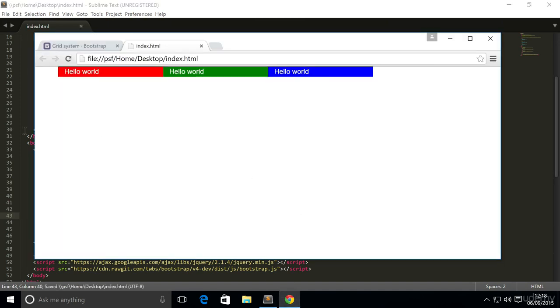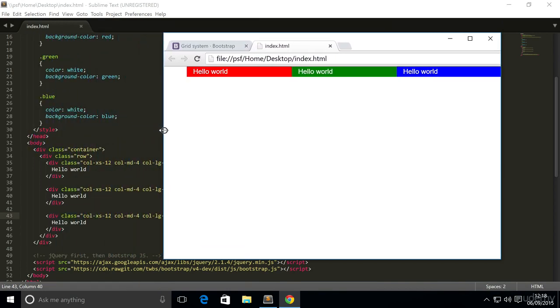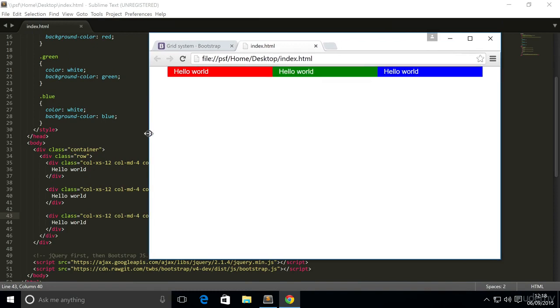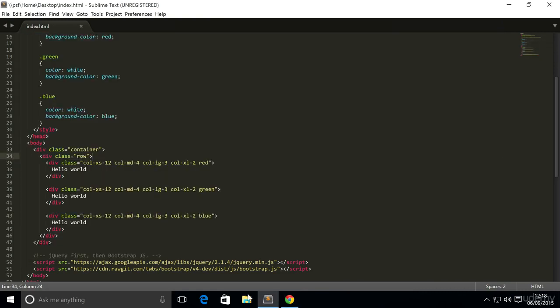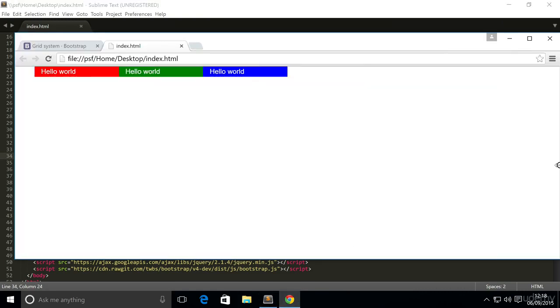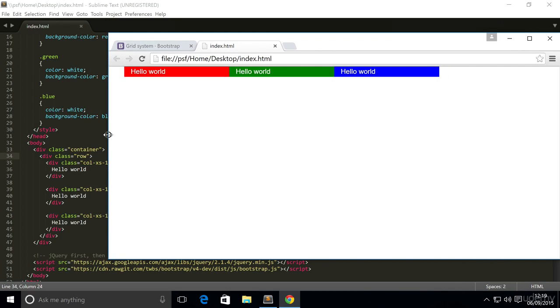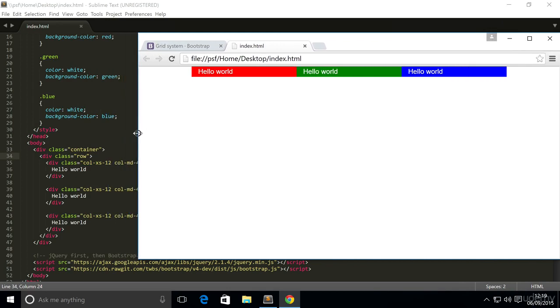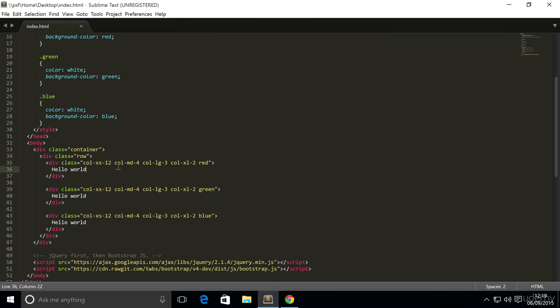It doesn't change, but if we start resizing it, okay, there we go. I don't know why it didn't show then, but it is now. Okay, so we have our extra large. We start resizing it. We're now on a large screen, so keep going, and now we've actually hit medium. So we have 3 columns which are of 4 grid spaces, so 4, 8, 12, and finally let's set the